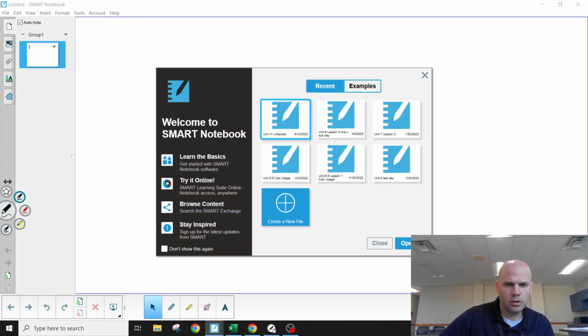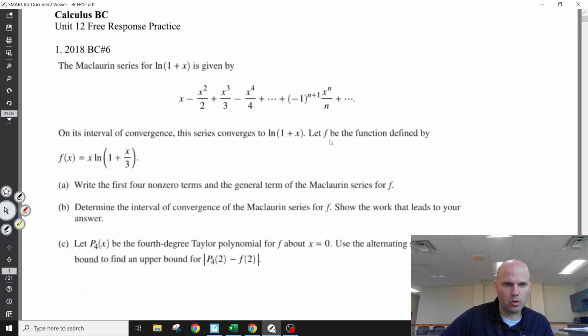All right, it's nice of them that they gave you the Maclaurin series for 1 plus x. So you don't have to find it, but honestly, those are easy points when they ask you to find it. Write the first 4 non-zero terms and the general term for the Maclaurin series for f. F is x times log of 1 plus x over 3. This is one of those